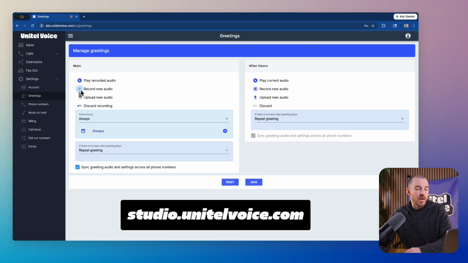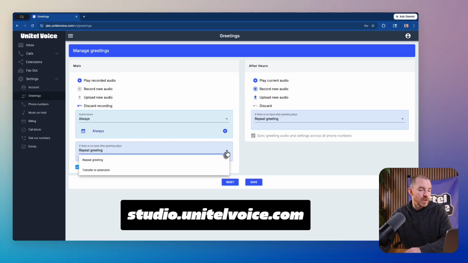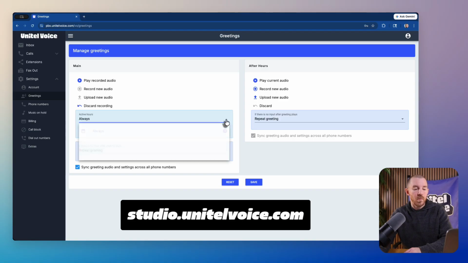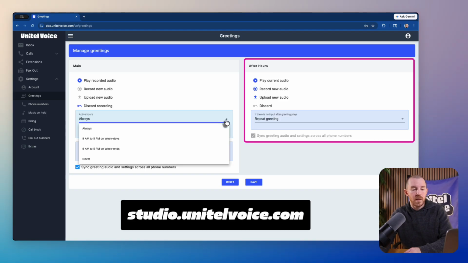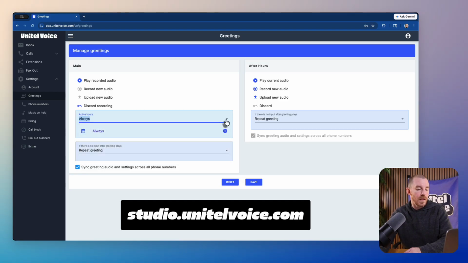Below our main greeting, you have the option to replay the recording if the caller doesn't choose an extension, or automatically forward the call directly onto an extension of your choice. You also have the option to set business hours. During business hours, your system will play the main greeting, and then outside business hours, the system would play the after-hours greeting. Lots of our customers will just have callers forward into their department voicemail boxes. And then to save your changes,